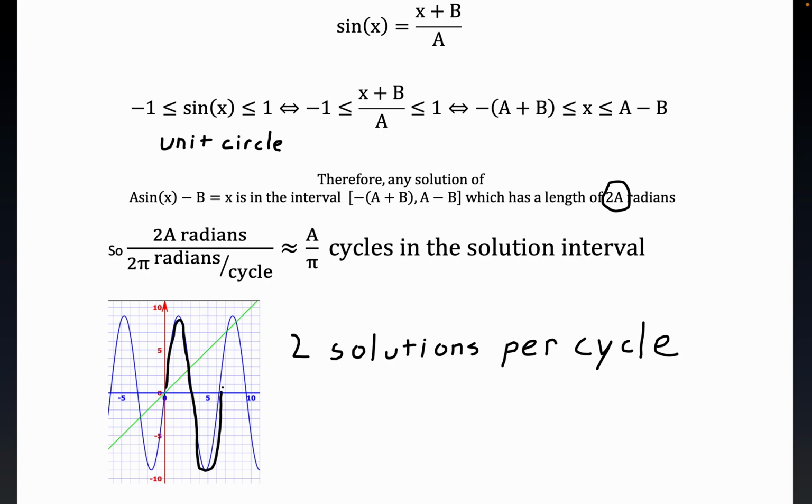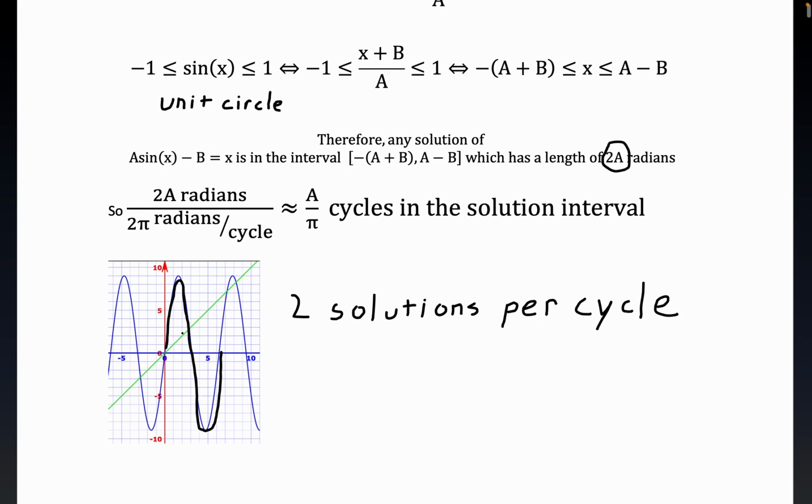All right, but notice by the nature of the sine wave, there can only be 2 solutions per cycle, right? There can only be 2 solutions per cycle because it just dips, right? This is the line y equals x right here. This is some sine wave. I think it's 9 sine x. It's not really that important what the amplitude is. But in any event, you're going to have 2 solutions per cycle. But what does that tell us? There are a over pi cycles, and so what you get is a over pi